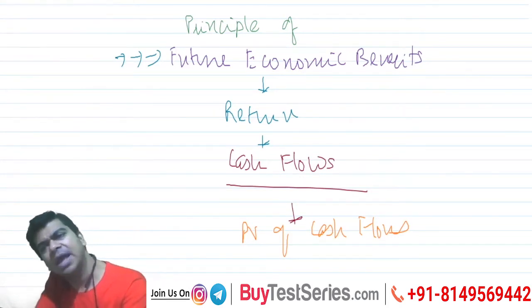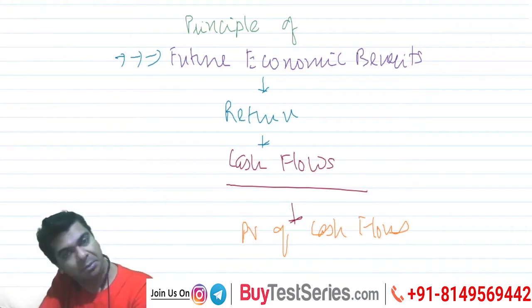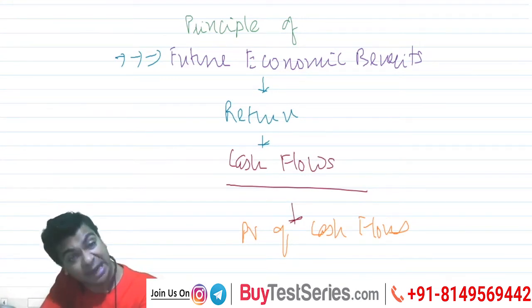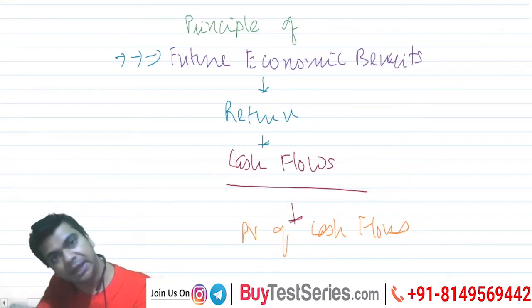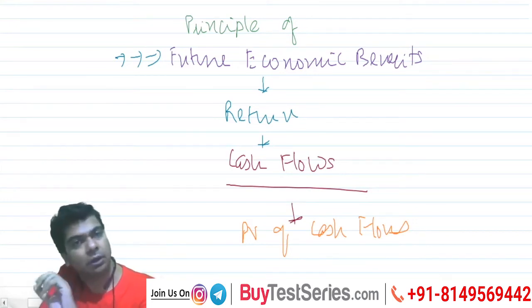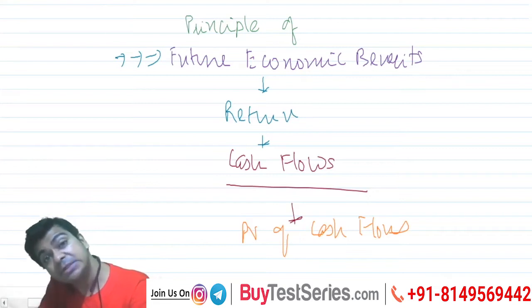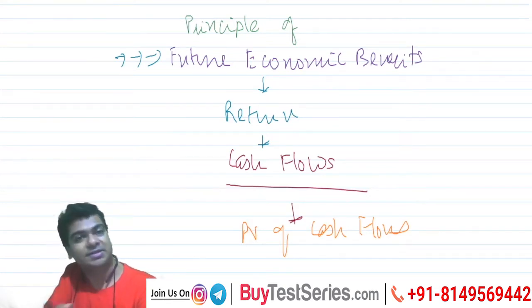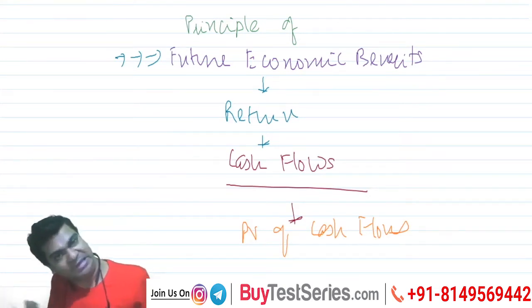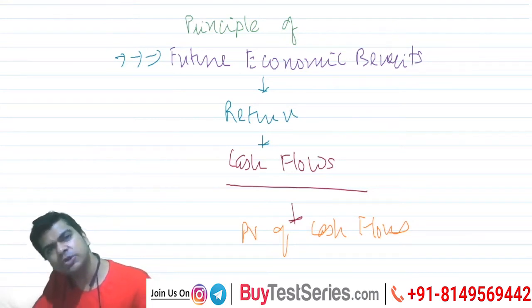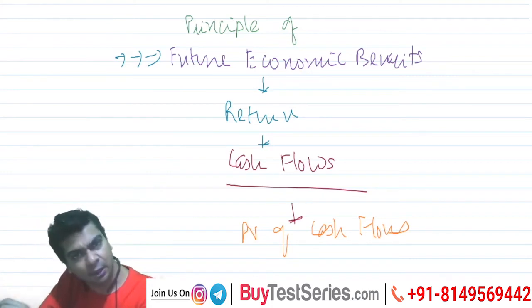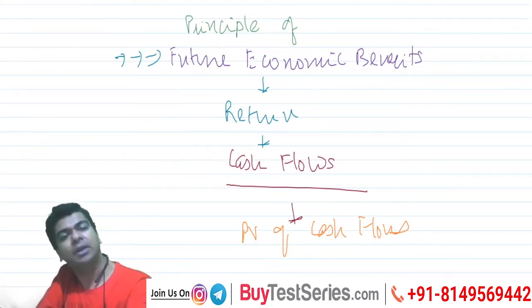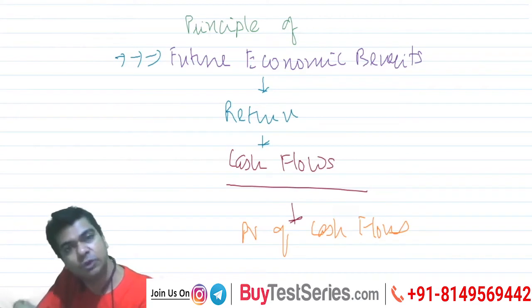As simple as that. But you know what? It's very simple to say this, very tough to implement it in real life. You know why? Because business is a going concern. The moment we say we will do present value of cash flows, you are a bit like, yeah, something like this we were doing in capital budgeting. In capital budgeting, we were projecting the cash flows, we were discounting the cash flows, we were working out the